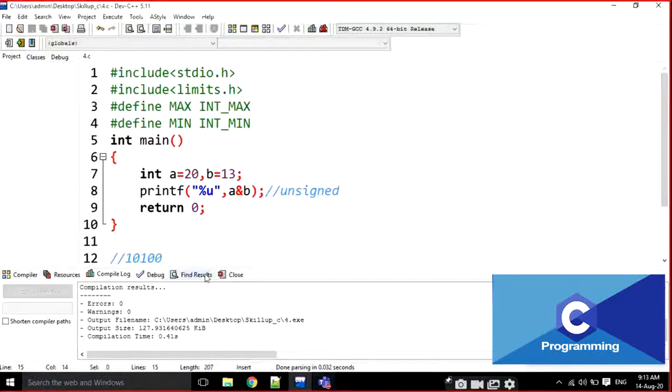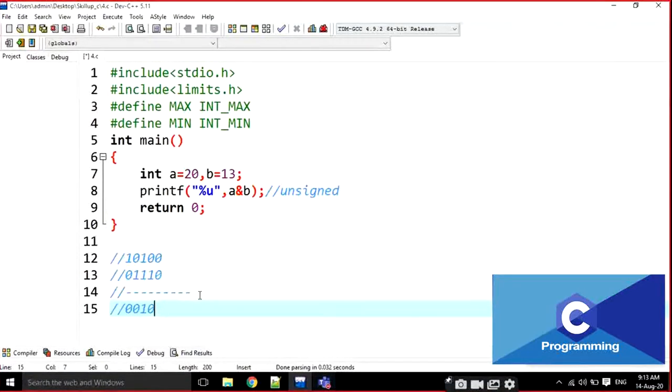Just do it manually, then you will get the answer. For example, I am going to change it as a logical OR operation. Logical OR operation means if any value is 1, the value is 1. 1, 0, 1, 0, 1, 1, 1, 1, also 1, 0, 1, also 1, 0, 0 is 0. Now the output is 2 power 0, 2 plus 4 plus 8 plus 16. It is 20, 20 and 10, that is going to be 30.